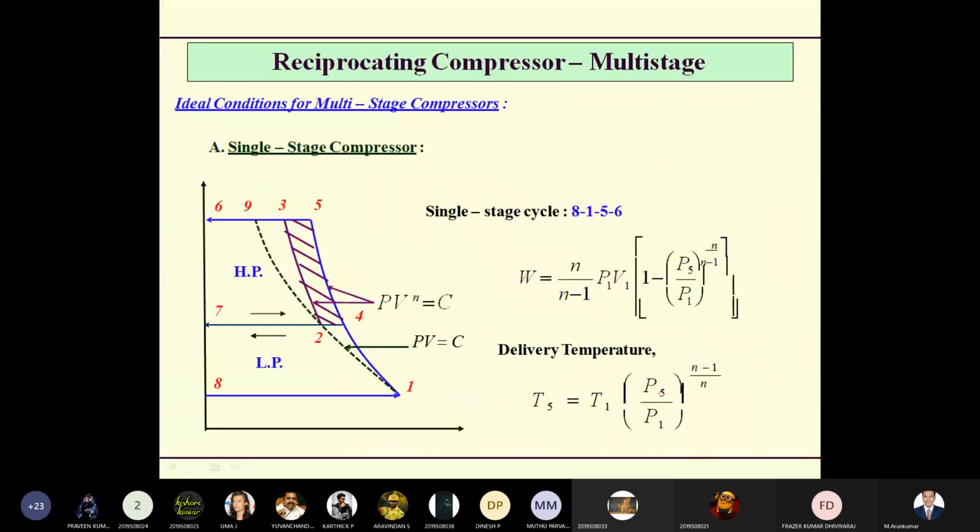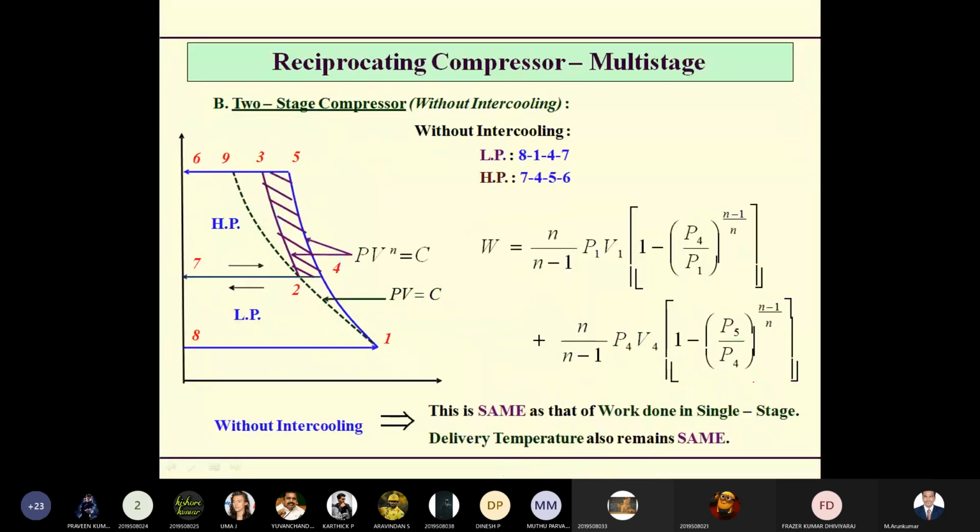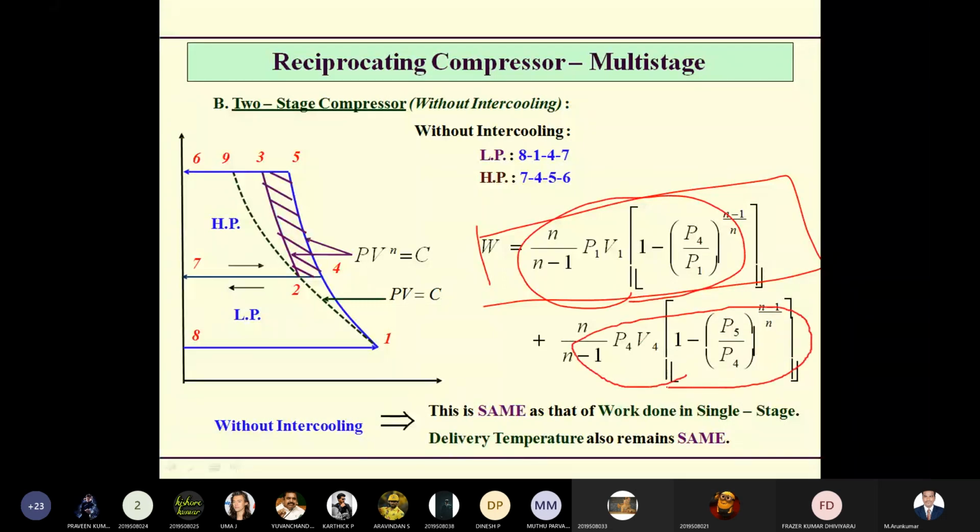So in a single stage compression, the delivery temperature T2 by T1 is equal to (P2 by P1) power (n minus 1) by n. Whereas in the case of two-stage compressors without intercooling, we can have this equation. So we have two stages, and because we have addition of the stages, the work